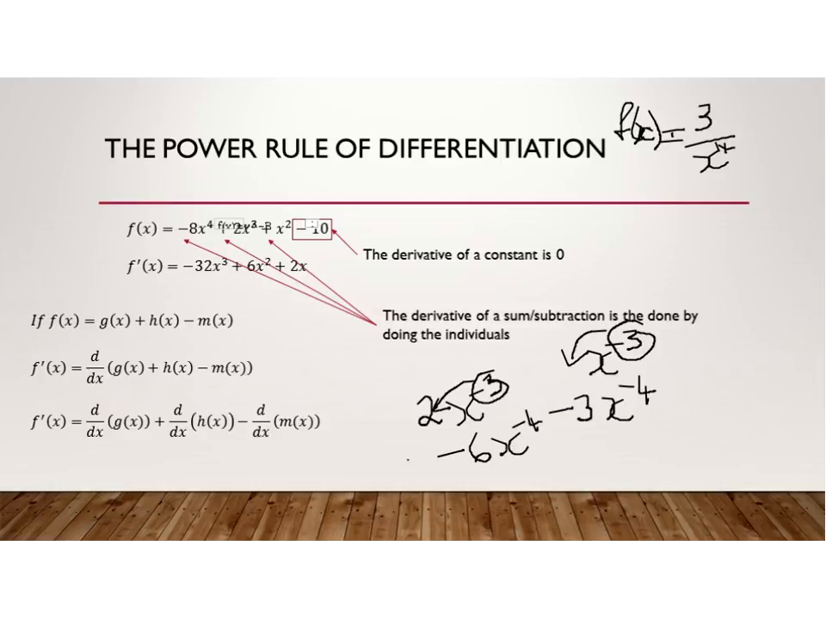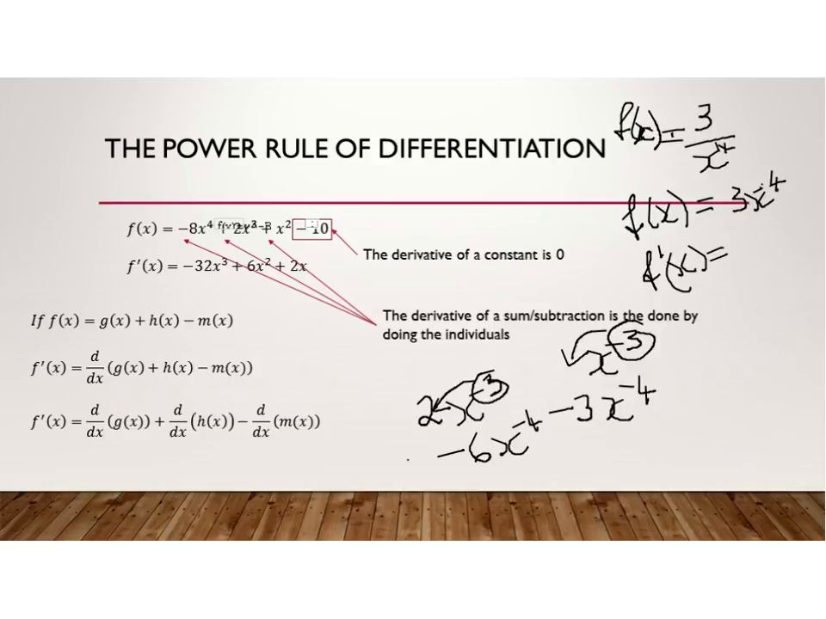So the first step when you get this is you rewrite it as f of x equals 3x to the minus 4. That's the first thing you do, and then you get the derivative of it. So the derivative in this case, f dash x,